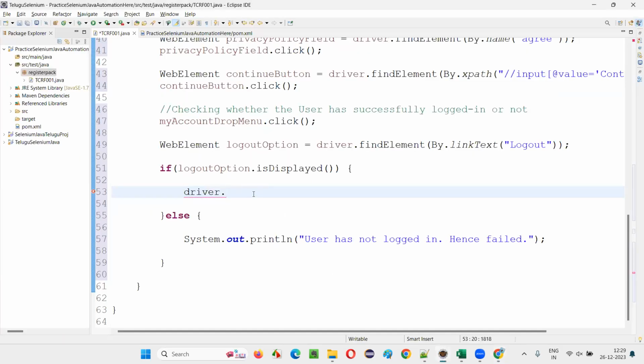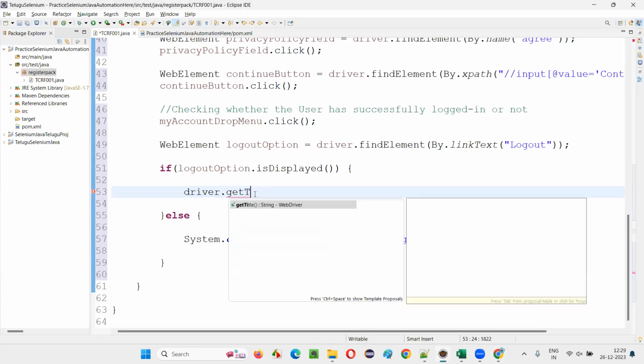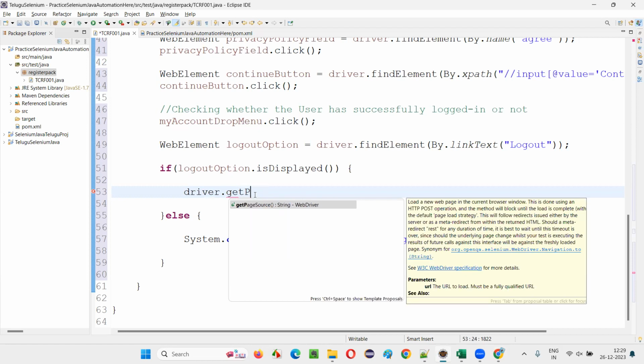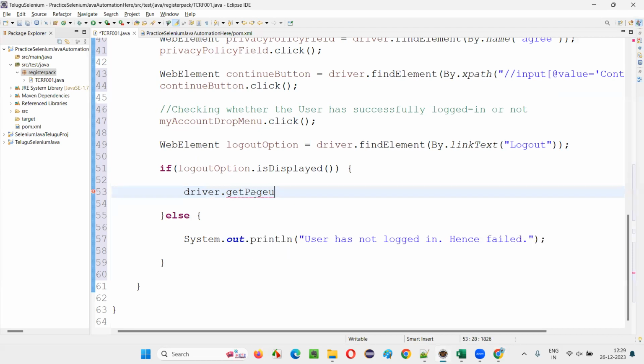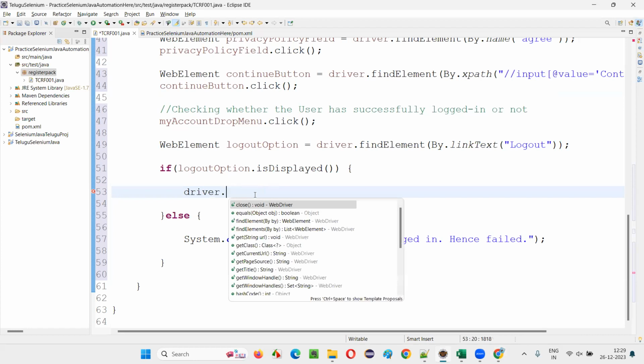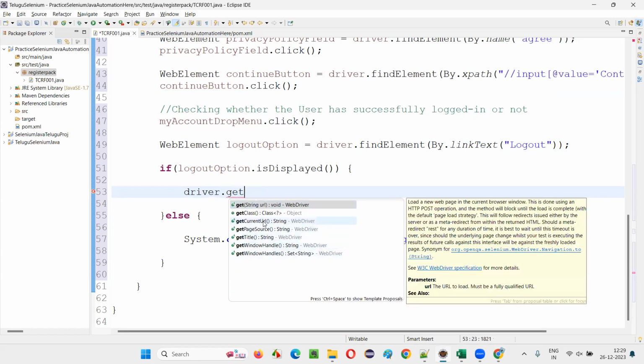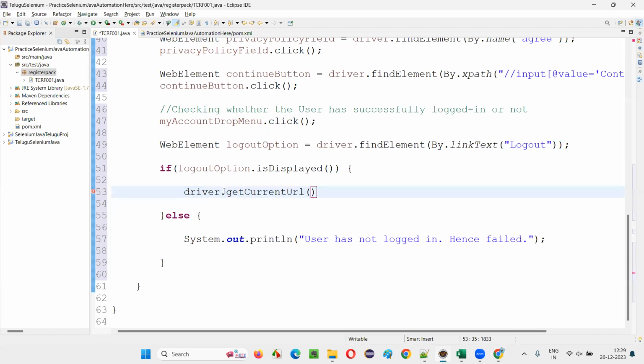Driver dot get current URL. This is a command, guys. There's a command in Selenium which will retrieve the current URL. So I have to verify whether this URL matches the expected URL. The return type of get current URL will be mostly String, so I'll simply say String